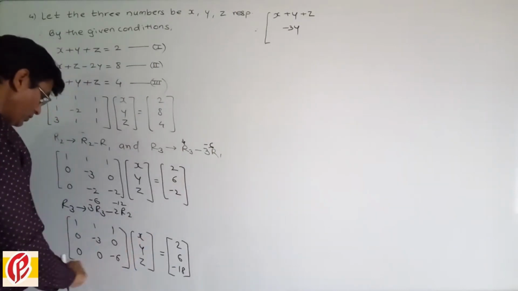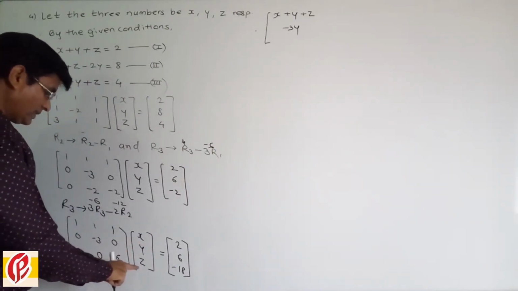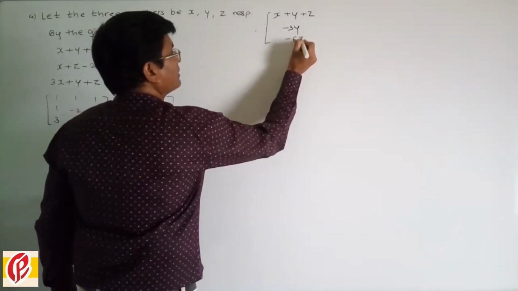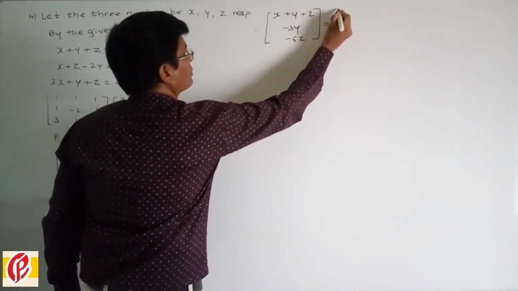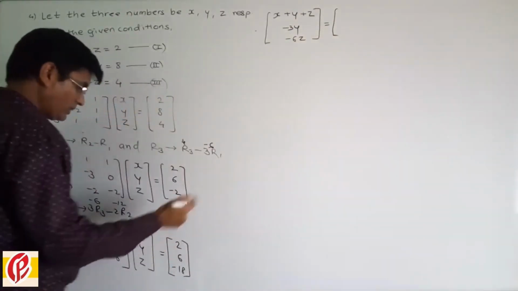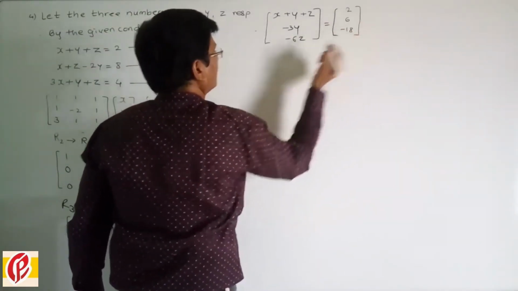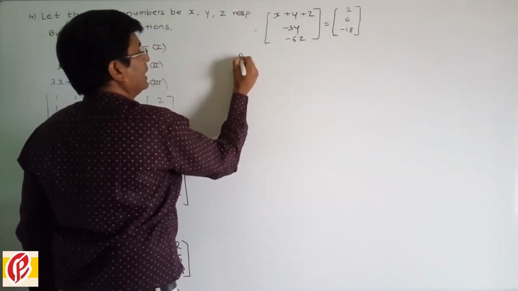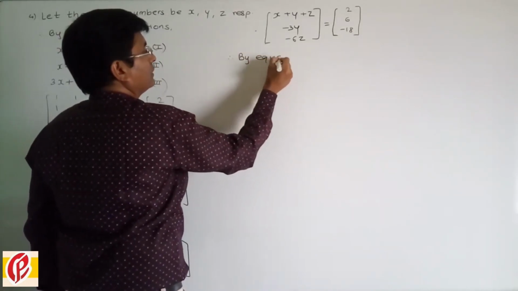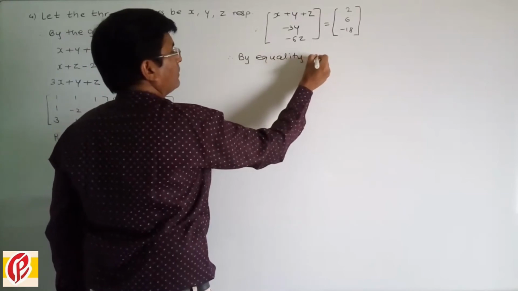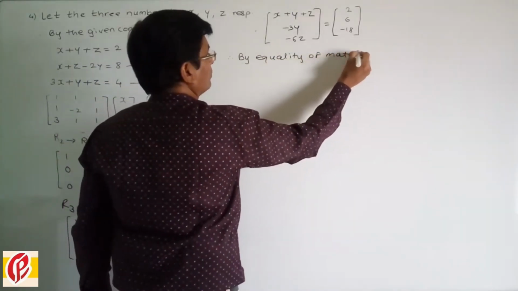Next 0 into x is 0, 0 into y is 0, minus 6z is equal to 2, 6, minus 18, and therefore by equality of matrices